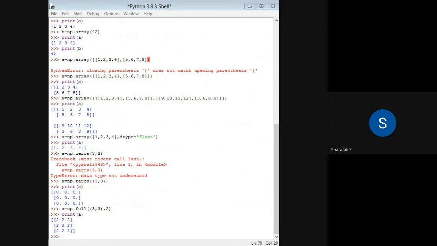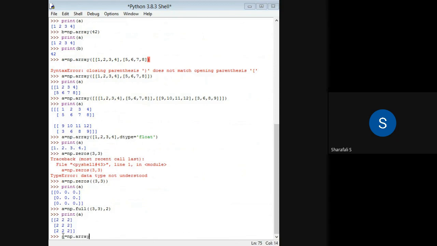Also, you can consider reshaping of the array as creation, because we are making it in a different shape. You can also consider flattening an array. Flattening is reducing the dimension of an array. For example, let's say a equal to np.array.